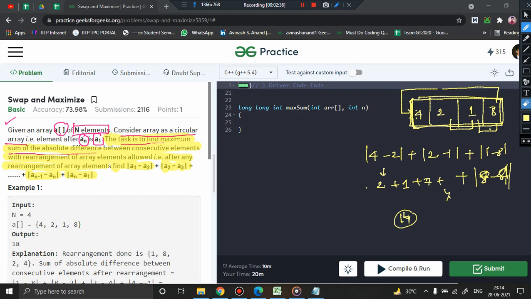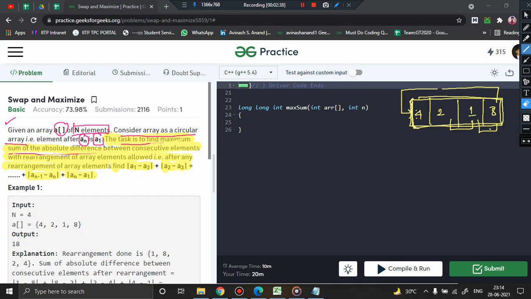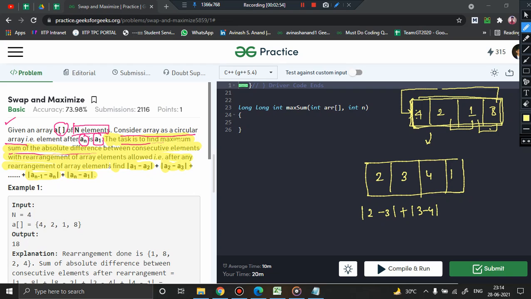Now you will see that if we try to rearrange these elements into some other order, like suppose 2, 3, 4, 1. This is again another order of these elements. What will be the absolute sum? 2 minus 3 plus 3 minus 4 plus 4 minus 1 plus again the next of 1 is what? 2.